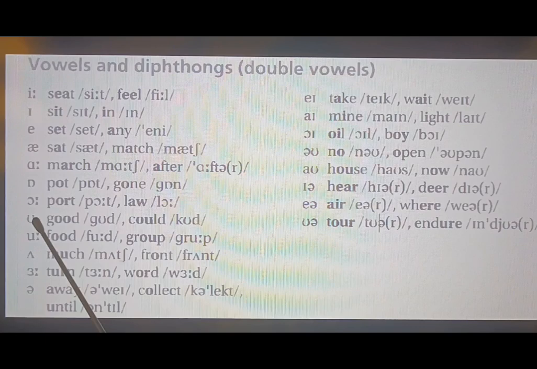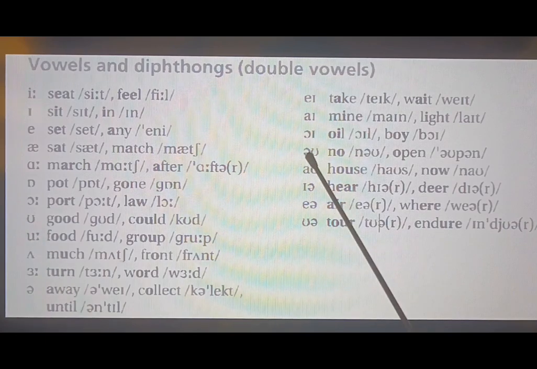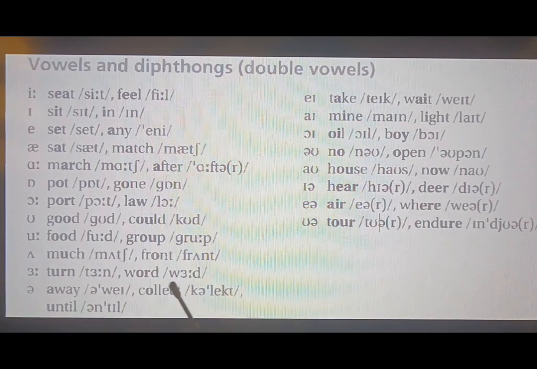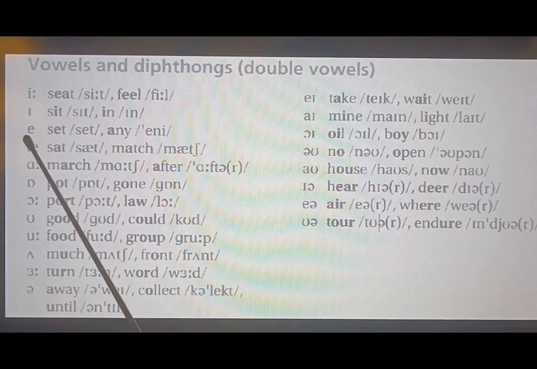It's in the middle between oo and o, okay? Now, this is a short ah, as I already told you about it. This is a long ah, this is a short ah, and this is a long e, right? A long e. And this is a British phonemic symbol, by the way, like turn, because they don't pronounce the sound in the middle, or word. But Americans pronounce it as e, a normal e, because